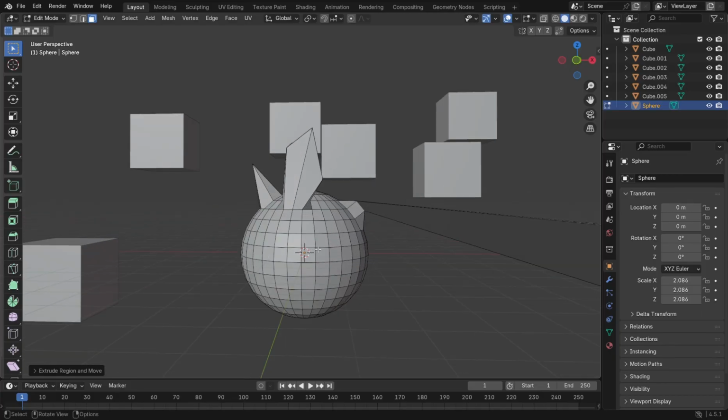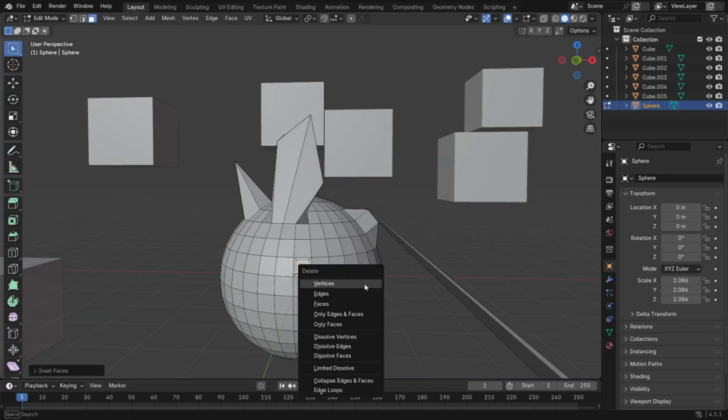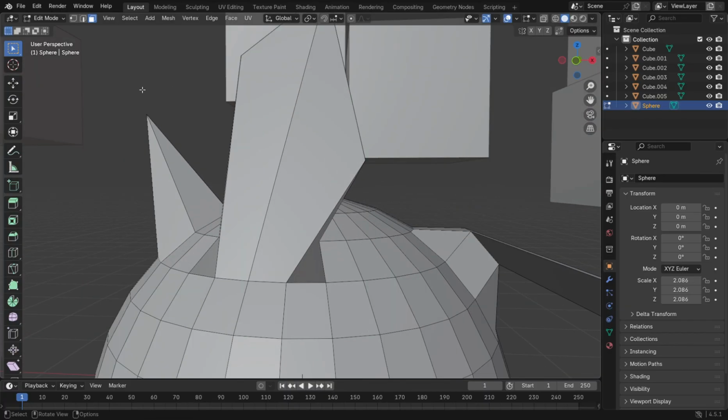I is to inset, so inset is this thing where you make a smaller hole, make a smaller face. You can get rid of it if you want to. Oh yeah, and also,